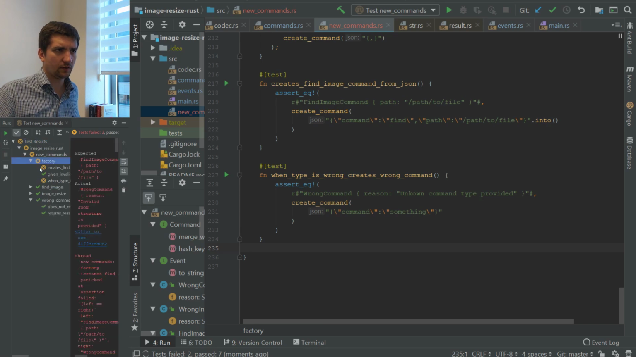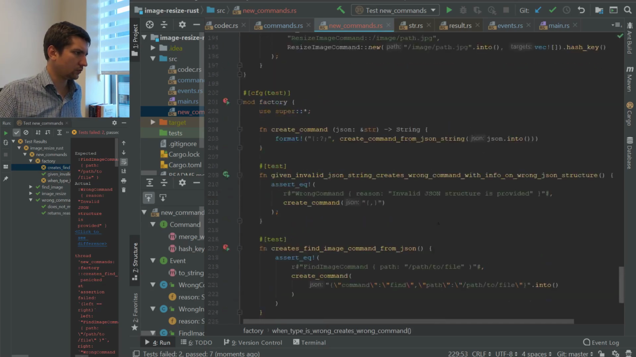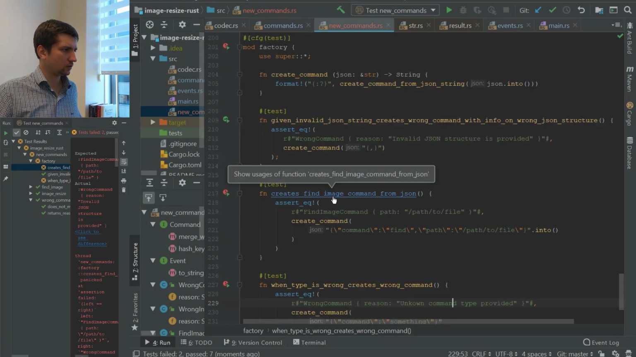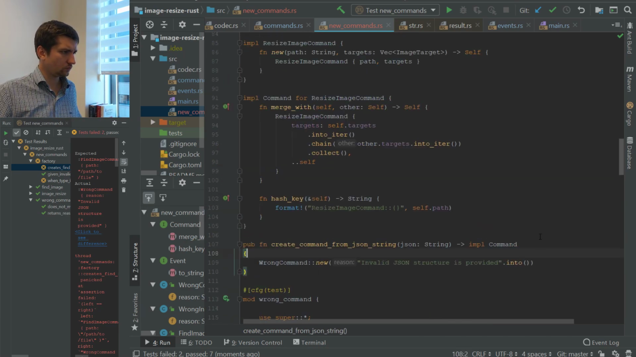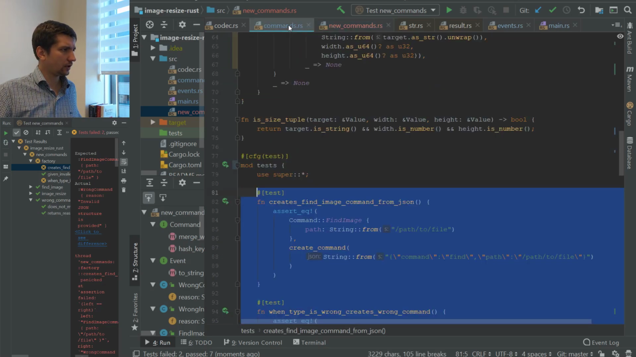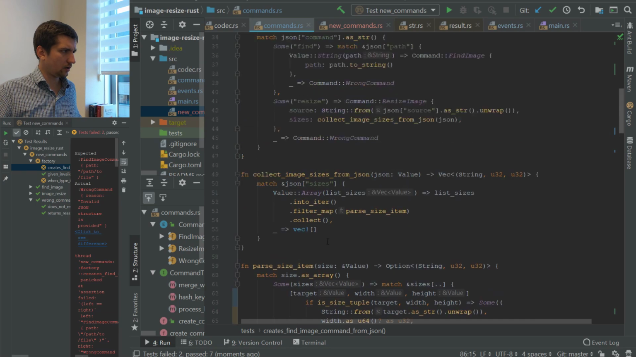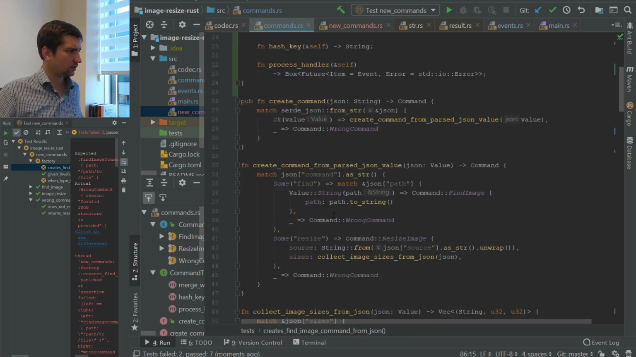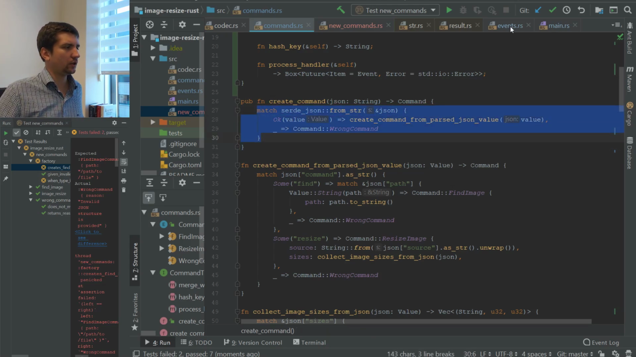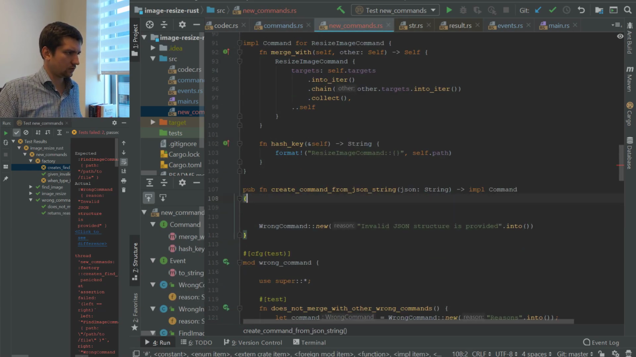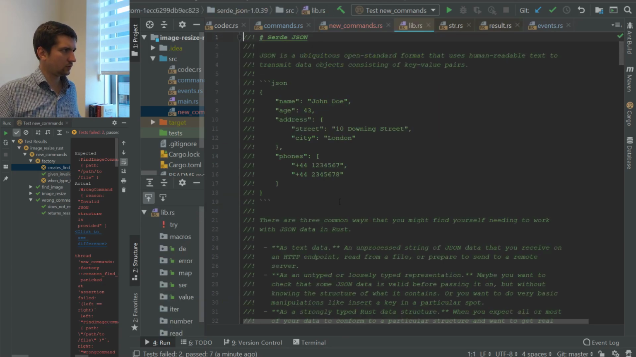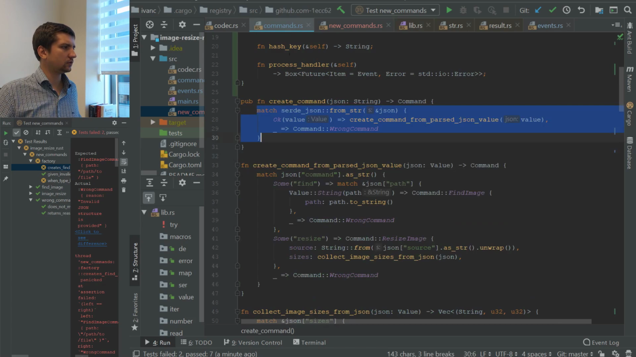Let's run it. Yeah, it fails because find image is not equal to the wrong command. So let's take our code here. So first of all, we're gonna match a value from a string. So here I'm gonna just copy this code and